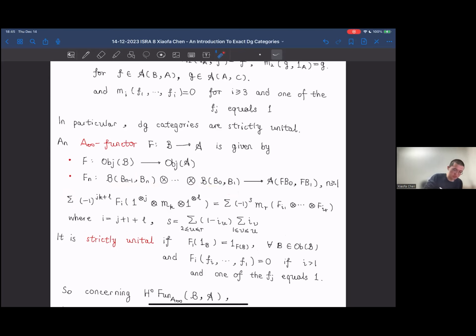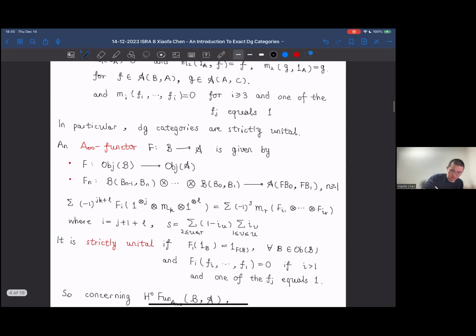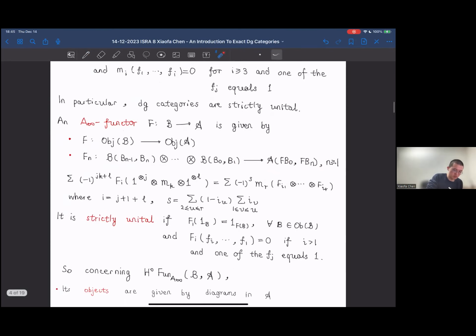For each sequence of objects B0, B1 to Bn, we have such a map between complexes. On the right-hand side is A from FB0 to FBn. And this family of morphisms satisfy this